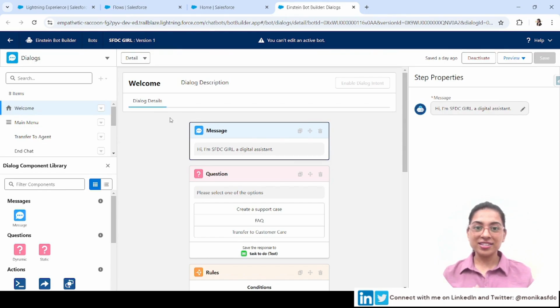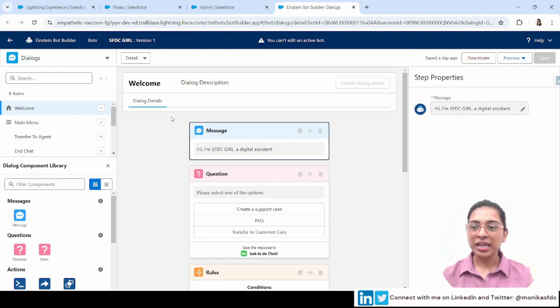So let me just take a moment and tell you that this video is not about how we can configure Einstein bot. This video is about how we can configure flows in Einstein bot, right, to make it seamless, to make it better, or to do some actions on it. Okay, so we will concentrate less on Einstein bot implementation, and we will concentrate more on how we can implement